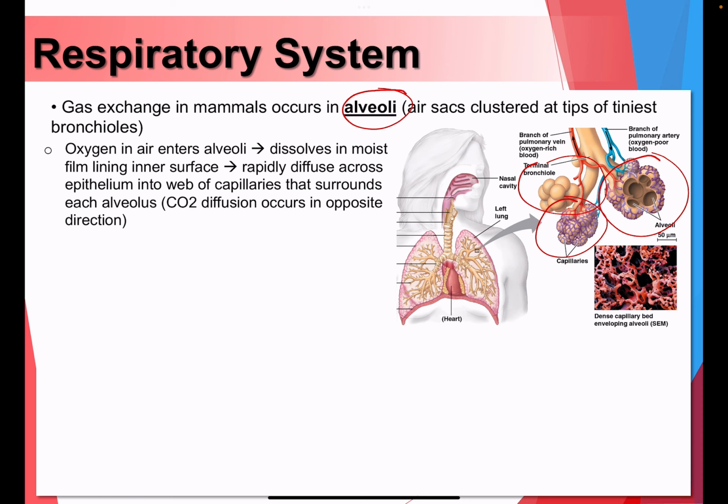So within each group or cluster of alveoli, you can see that it is actually covered by a network of capillaries. This network of capillaries wraps around the alveoli like a fishing net. And so when oxygen enters the alveoli, the oxygen will be dissolved into that moist mucus layer within the alveoli, and then it will cross that thin surface, because what's between the capillary and the air within the